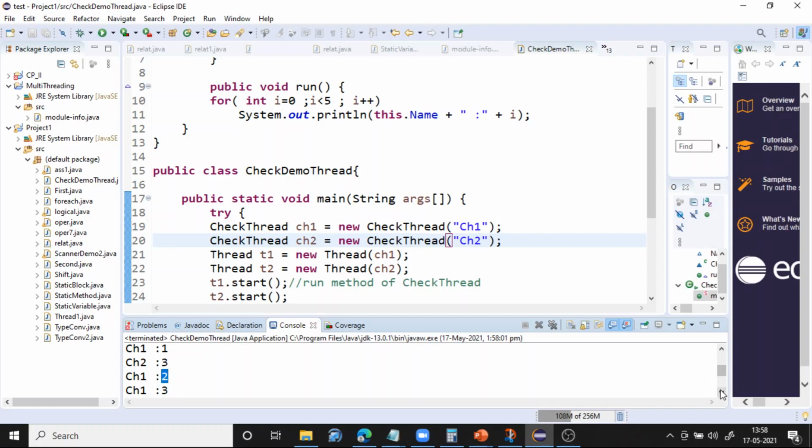Now ch1 is executing the fourth iteration of the for loop, which is 3. Okay. Again ch2 is executing the last iteration of the for loop. ch1 is first executing the last iteration. So ch1 here you see continuously it is executing 3 iterations, 2, 3, 4. After that the control goes to ch2, which executes the last iteration, and the main thread is waiting for both of them to complete, right? Okay. So this is how it switches, that is not in our control, that is with the operating system. Okay, right?